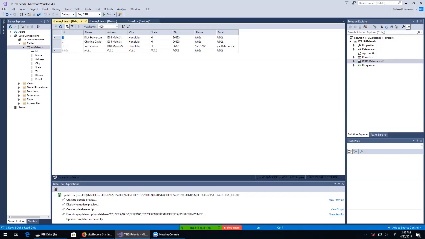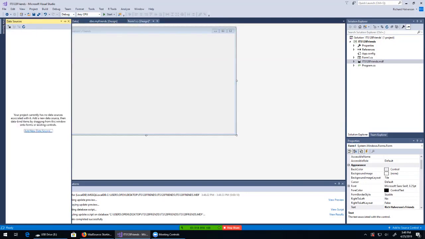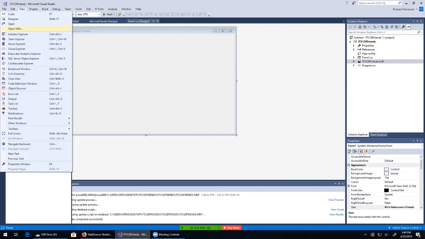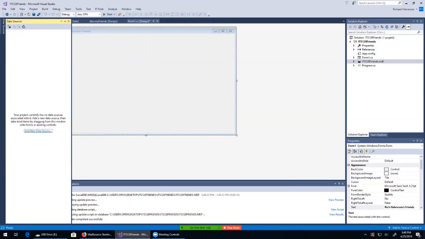and so now I have a form here, right? So I'm going to put something on that form. So I'm going to create a data source. So I go over here, I click data sources. If you can't find it, click view. You can't find it here, select other windows and go up here and you'll find it. Eventually you'll find it. There it is right there, data sources,